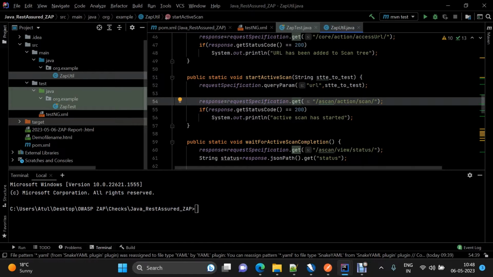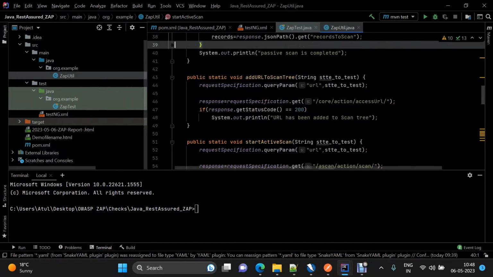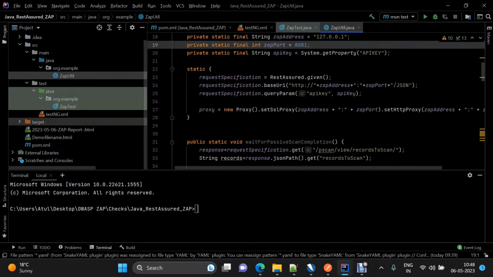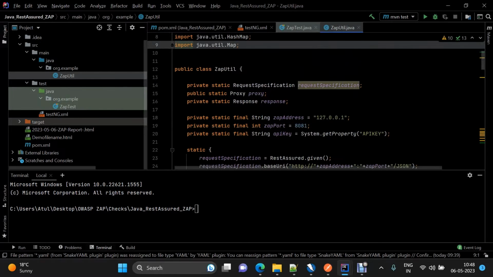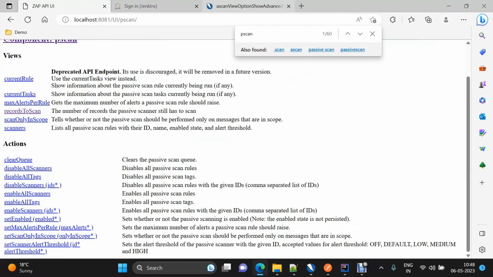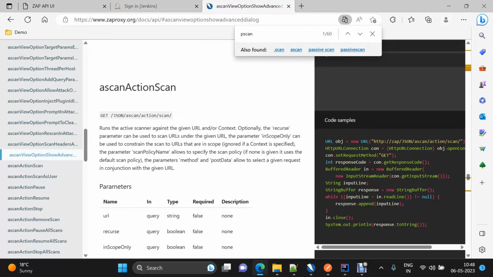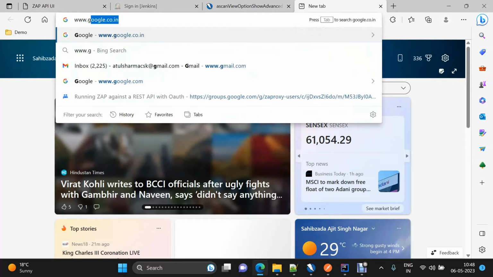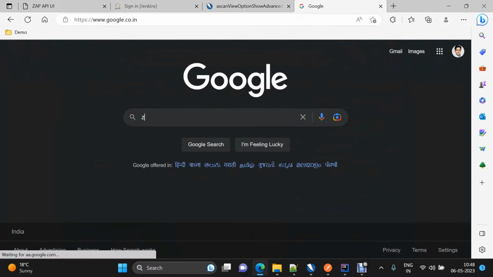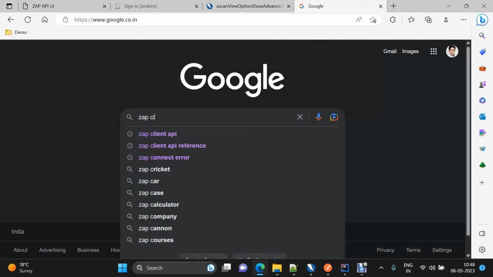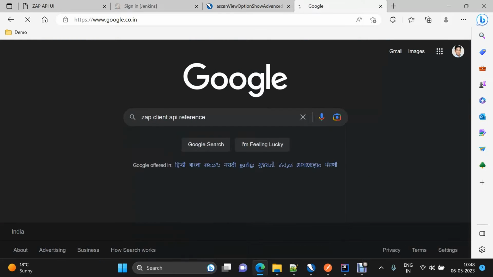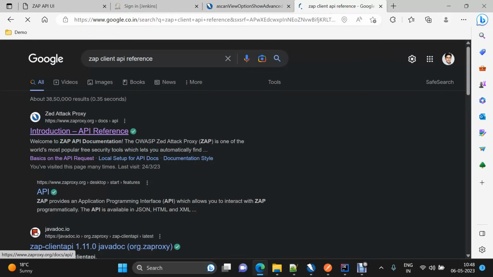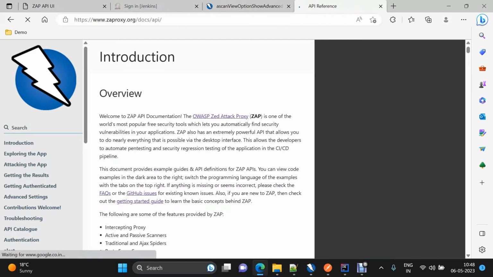Now under our ZAP util, we will be hitting the different endpoints which are there for ZAP. For this, first of all, you can go to the API references that we have on this particular URL. For opening this, you can just go to Google and search for ZAP client API references. Open this link, and here you will find